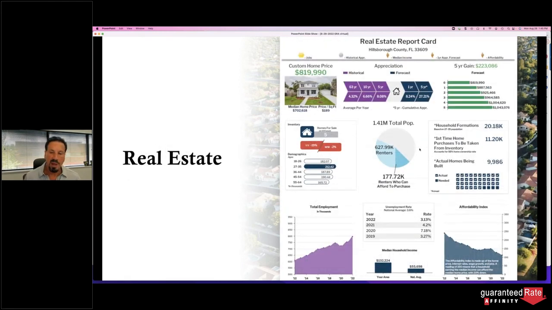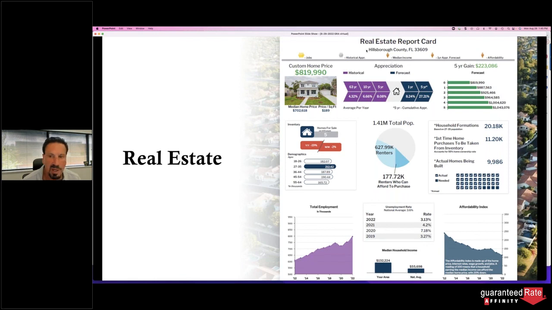And then one thing I think that is absolutely critical is the real estate report card. The real estate report card, this is something that takes seconds for your GRI professional to pull up. But what this does is it shows you over the last 63 years what appreciation's been, over the last 10, over the last 5, what appreciation's been per year, the forecast for the next year and 5, and what this home would wind up appreciating to based upon that, and how much profit you will make,